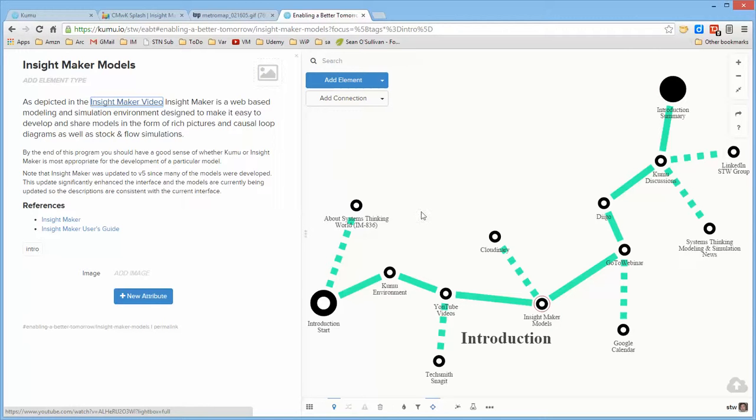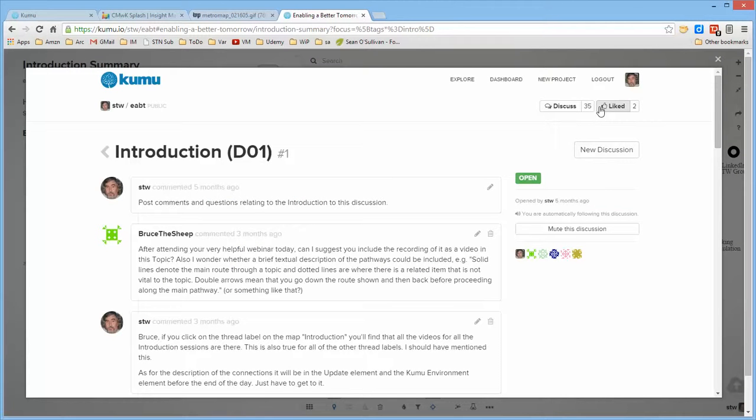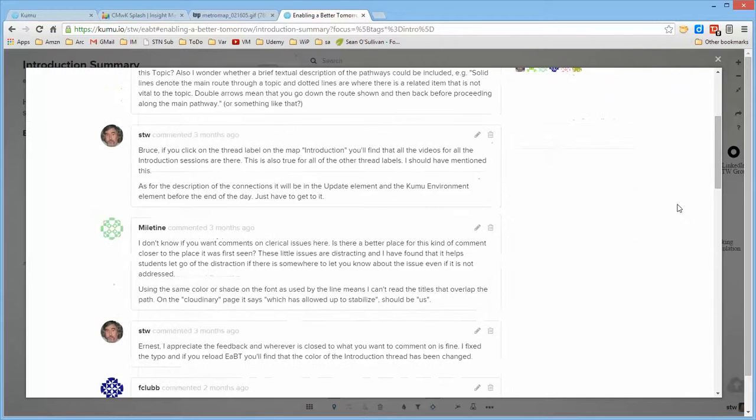And when one finally gets to the summary, there's typically an exercise that says go ahead and do something based upon what you learned in this thread, and submit it to the group via the discussion capability that's part of Kumu. I'll talk about the discussion capability when I talk about collaborative learning environments shortly, not too distant future,